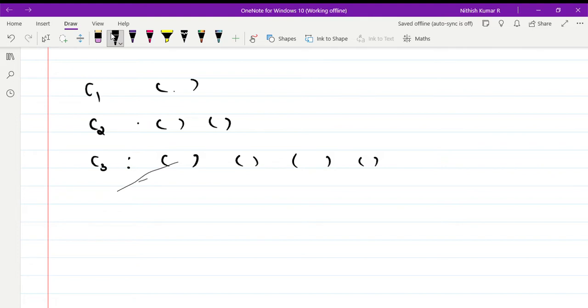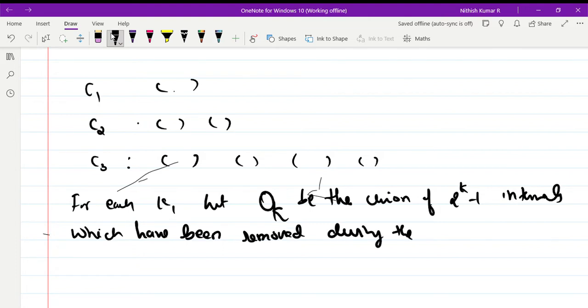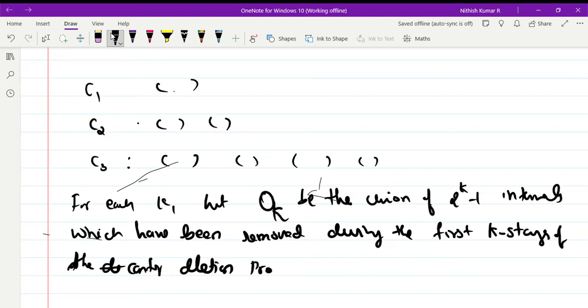Now using these open intervals, for each k, let O_k be the union of 2 to the power k minus 1 intervals which have been removed during the first k stages of the Cantor deletion process. That is